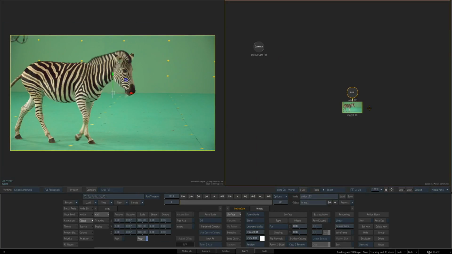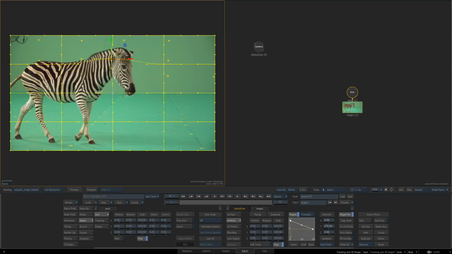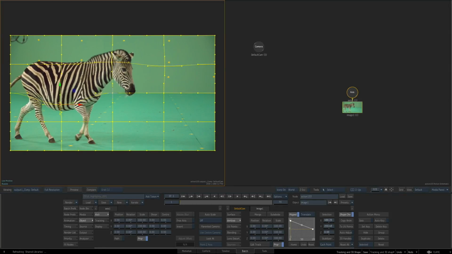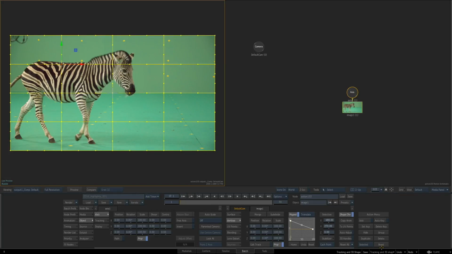So this is an incredibly useful feature addition, and it's to do with when we're working with extended bicubics. If we just go and subdivide our plane a little bit, when you're working with extended bicubics, we're warping the image by moving, animating, or tracking these points. Now sometimes you don't actually want to distort the geometry. It would be quite nice if we could actually move the texture inside of that geometry. So if we just reset that back for a second,